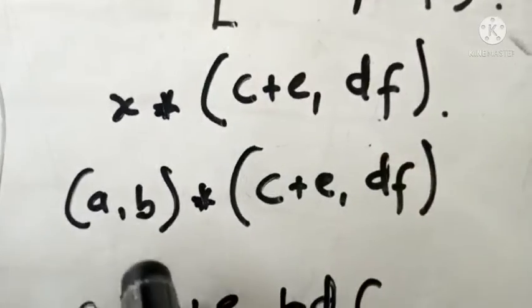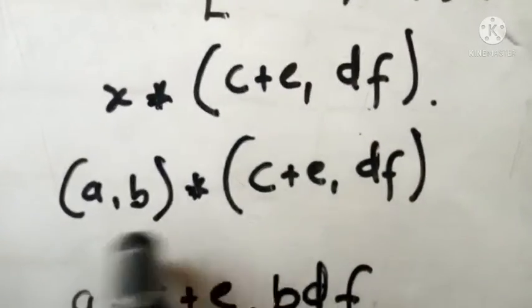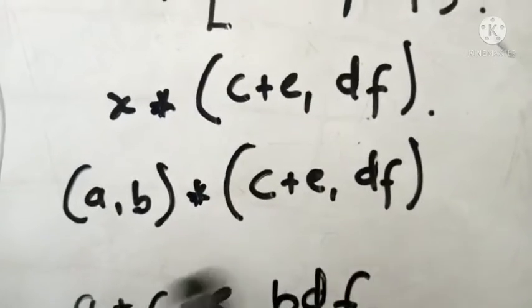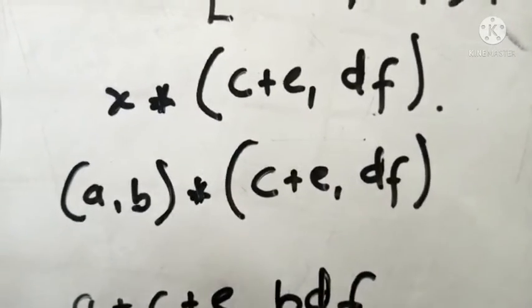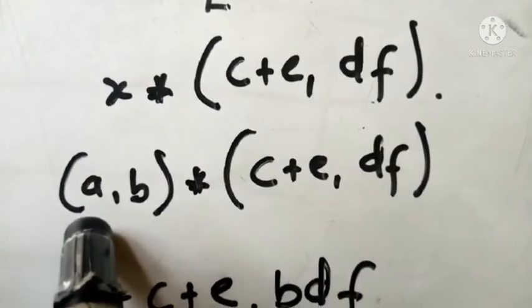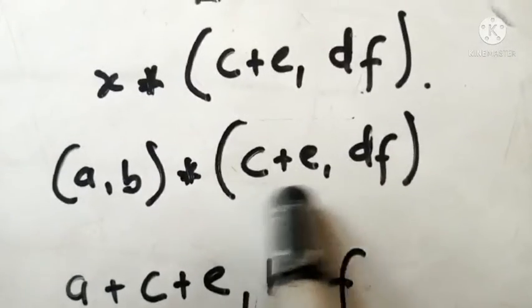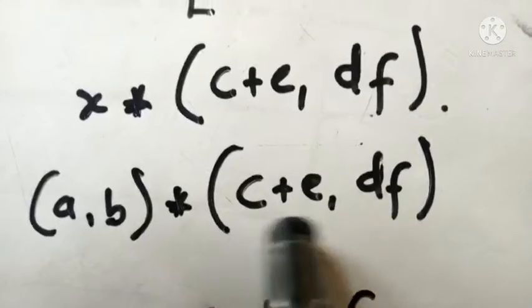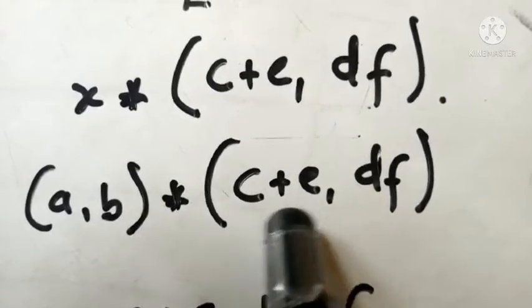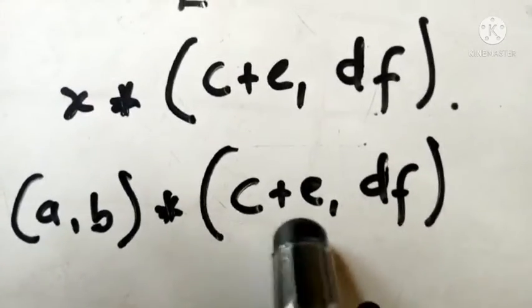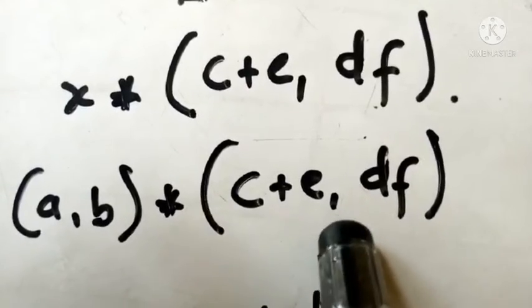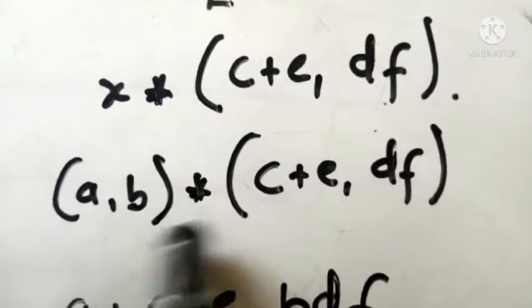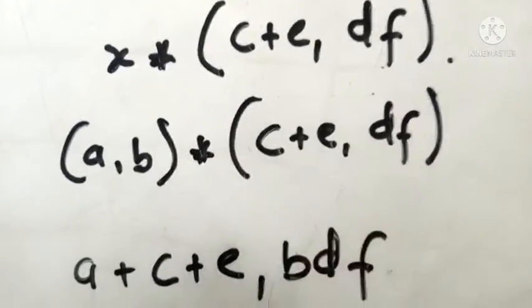Right? Operation everything. Is that okay? Operation everything. So how are we combined? So first leg, we are adding the first leg, and then we are multiplying the second leg. So that is very simple. So the first leg here is A plus the first leg of this guy, that is the C plus E. Sorry, C plus E here. Can you see? So the first leg of the second guy here is C plus E. Everything is the first leg before the comma here. Okay, so A plus C plus E. So that's the first